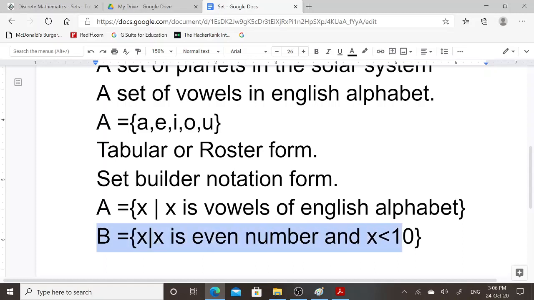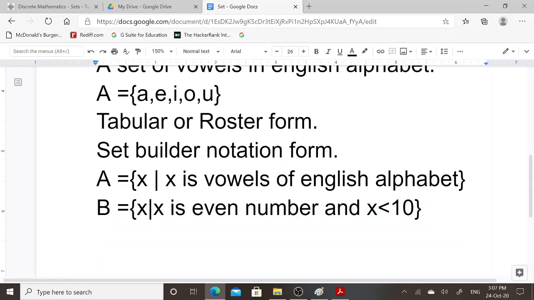So if I want to convert this representation of set into tabular or roster form, then I need to mention here set name B equal to open curly brace, close curly brace. So what are the different elements that will occur in this set B?